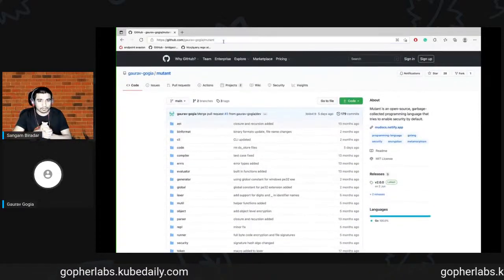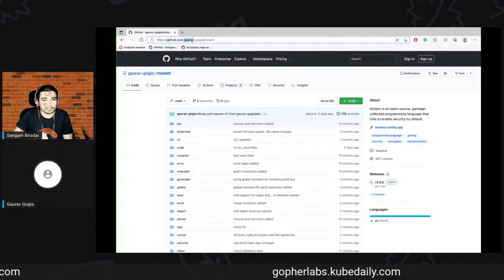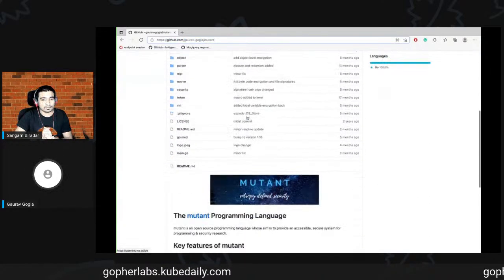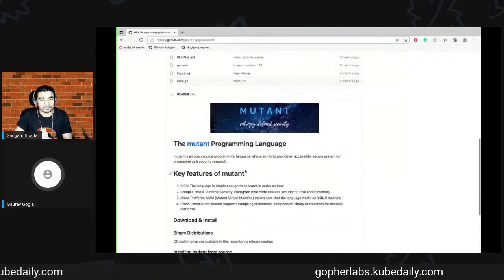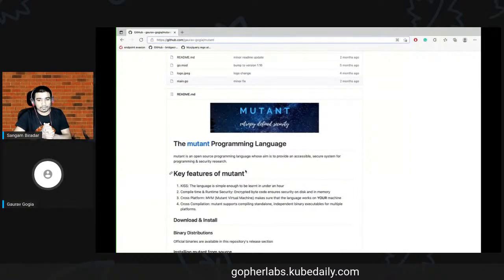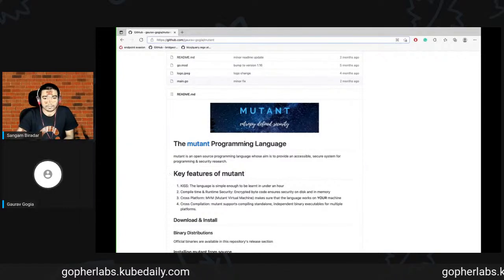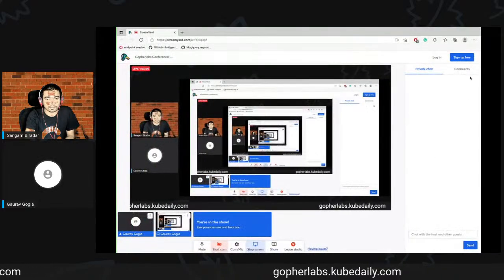You can find it at github.com/Gaurav-Gogia/mutant. You can contribute here with some code. Maybe you can add more documentation. For the documentation part, there's a separate repository and a separate website. I'll share that link as well.